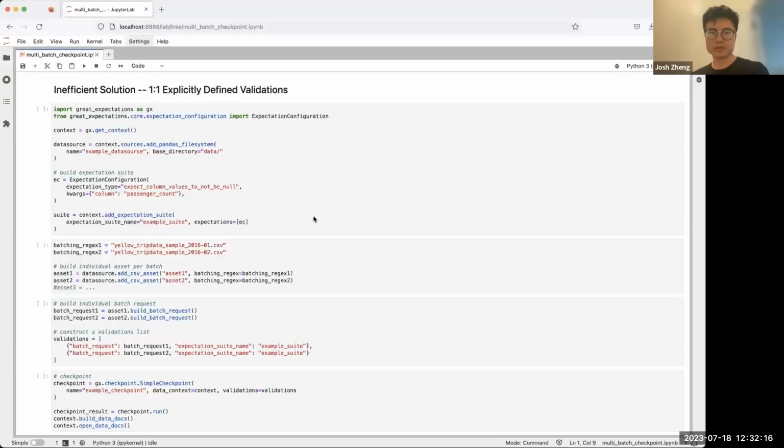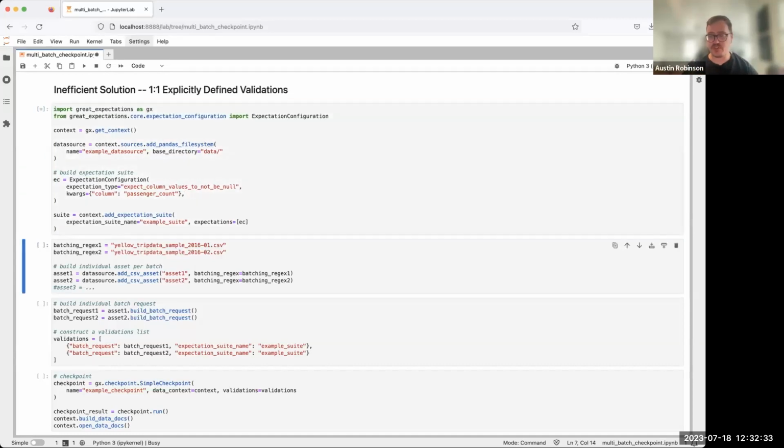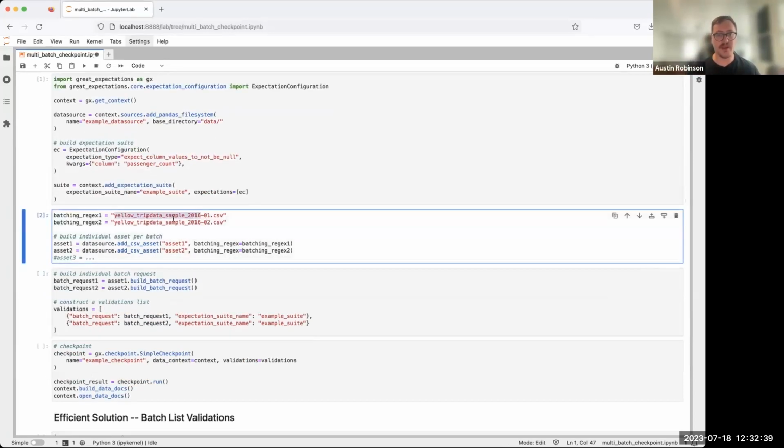Okay. So to set this up, we've got a small directory with 2 CSVs in it. We're going to be validating that data. Now we want to validate this all at once in one checkpoint. And the inefficient way, the one-to-one method that Abhijan was talking about, we need to know exactly how many files we have and how to capture those unique individual files.